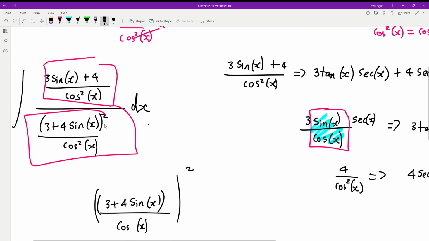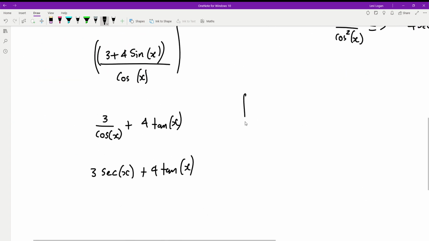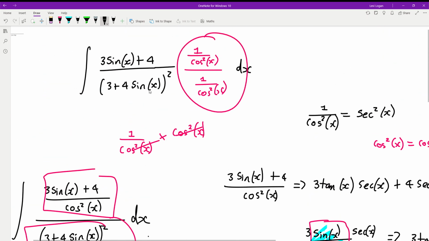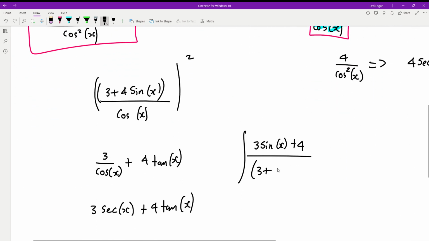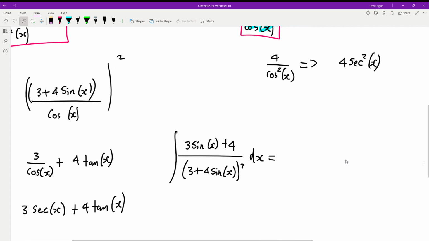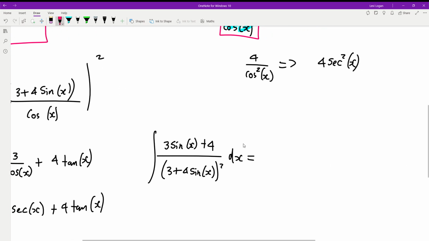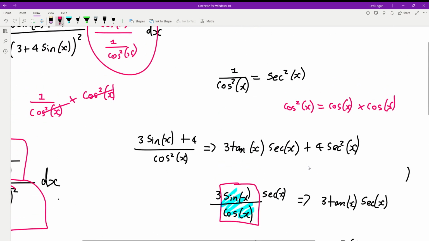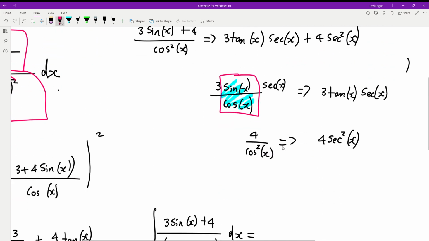Now I can rewrite this whole integral. So the integral of 3 on sine x plus 4 on, what was it, oh yeah, it was the other way, plus 4 sine x all squared. I can rewrite this entire integral like this, because all I've done is replace the top with this guy up here. So 3,